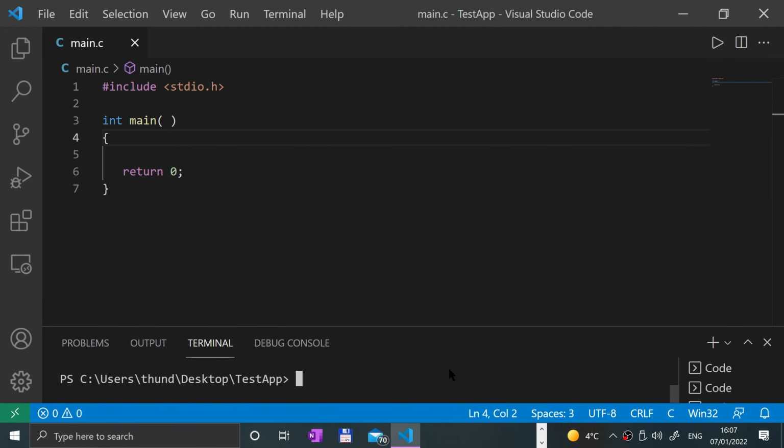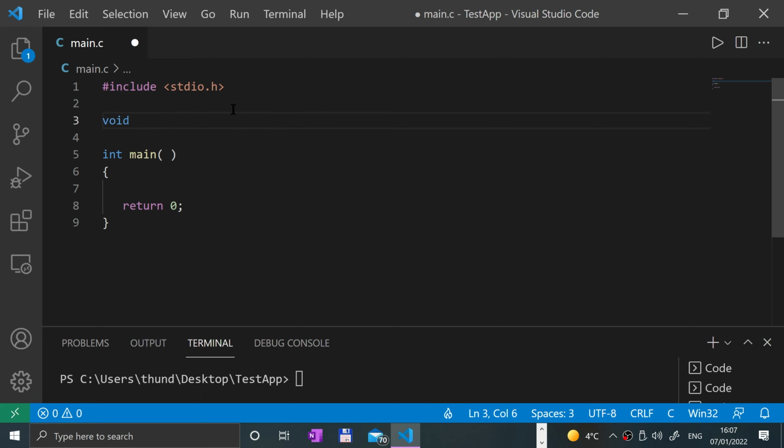Hello, in this C programming video, we are going to cover variable scope. What's a variable scope within functions? So let me implement a quick function. I'm going to put void, I'll call it adder,